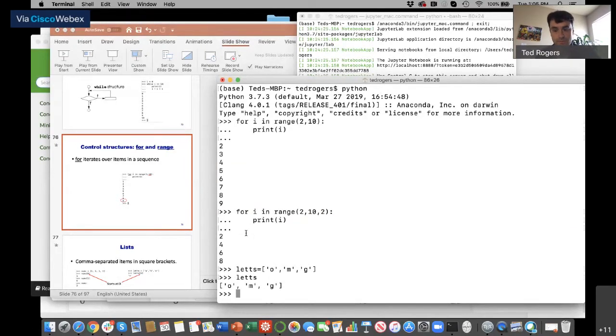I can actually use for that. For i in range, I'm going to take the range to be the length of this list. So len tells you the length of the list. The length of the list lets is 3.